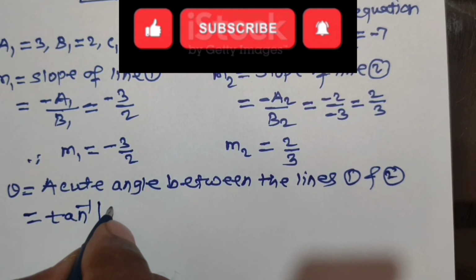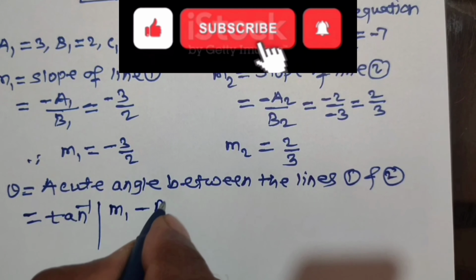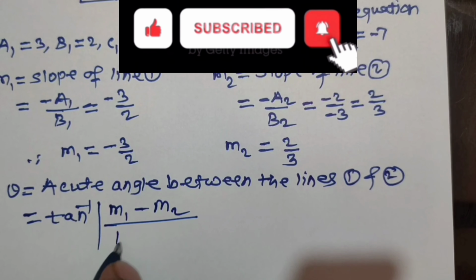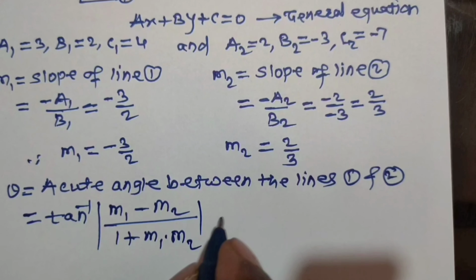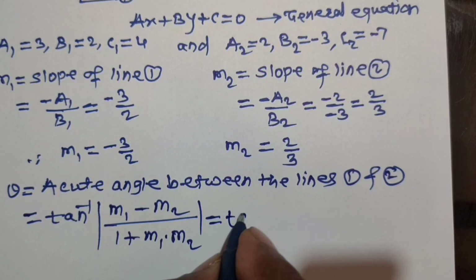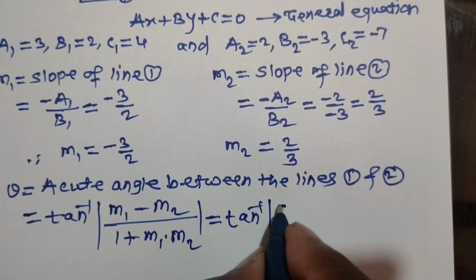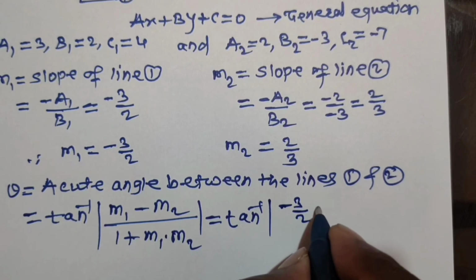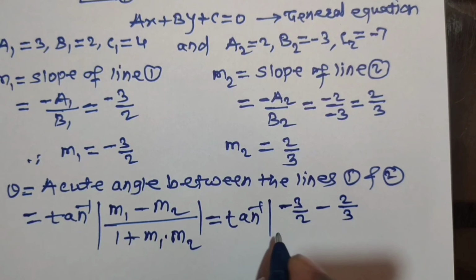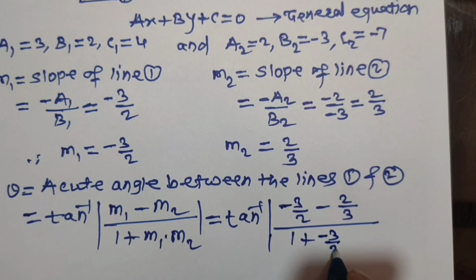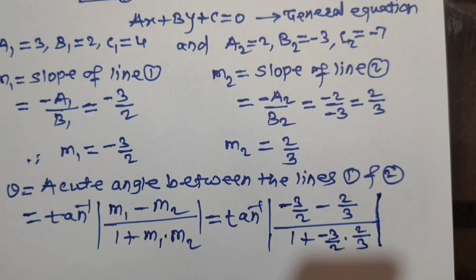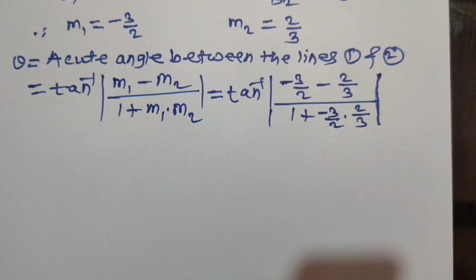Hence formula for theta is tan inverse in modulus of (m1 minus m2) divided by (1 plus m1 into m2), where m1 and m2 are slopes of line 1 and line 2, which is equal to tan inverse in modulus of (minus 3 upon 2 minus 2 upon 3) divided by (1 plus minus 3 upon 2 into 2 upon 3). Simplify this. Hence theta is given by